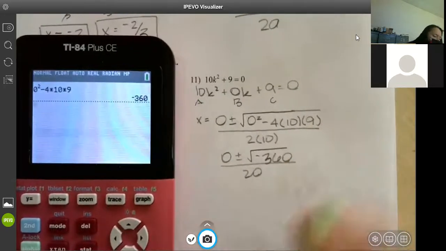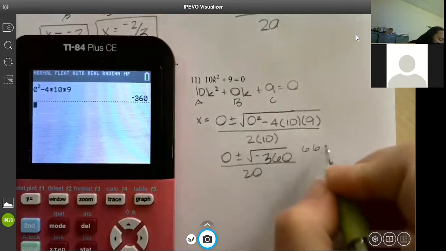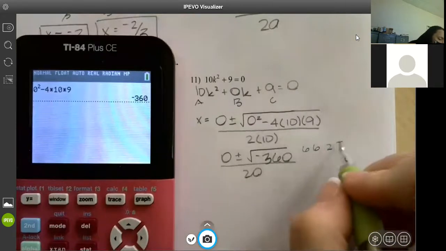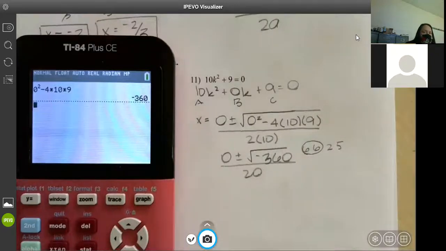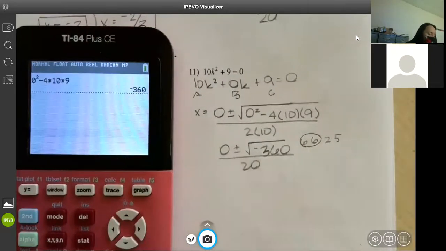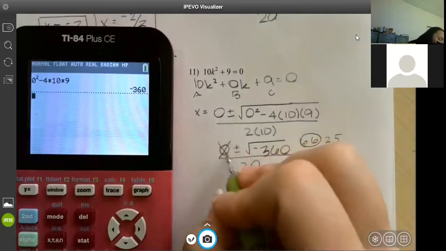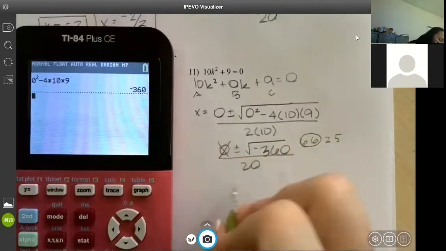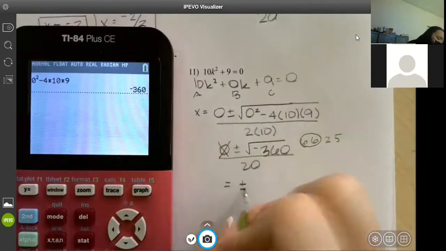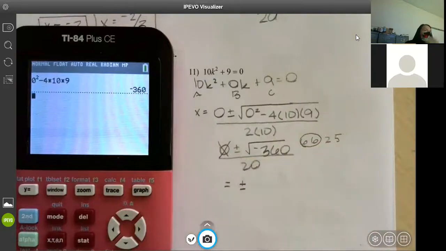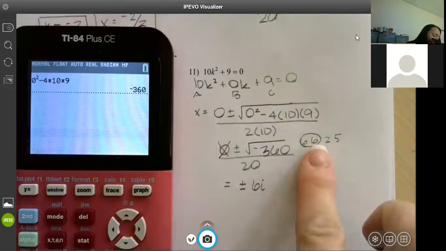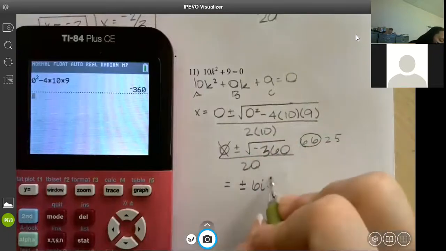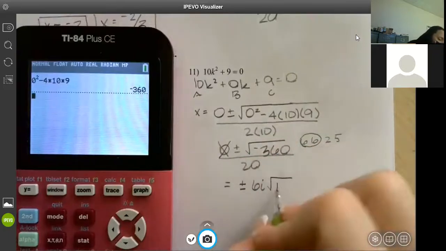360 is 36 and 10. 36 is 6 and 6. 10 is 2 and 5. The reason I use 6 and 6 is because it's already a pair. What else do we have underneath here? A negative, so we got to pull out i. This 0 doesn't matter. It's not going to change anything. So our final answer, well, maybe not our final, so we have to reduce, is 6i. So 6 from the circle, i because it's a negative. Under the square root, I left 2 times 5, which is 10